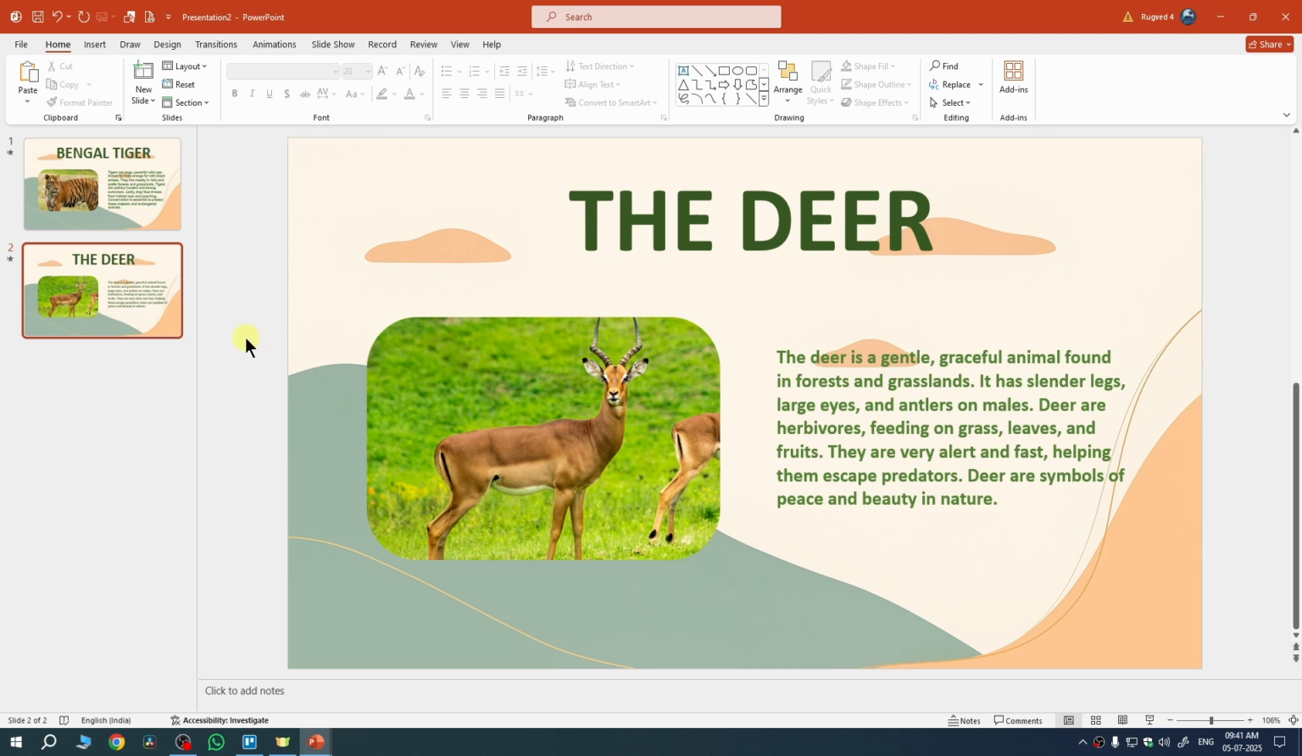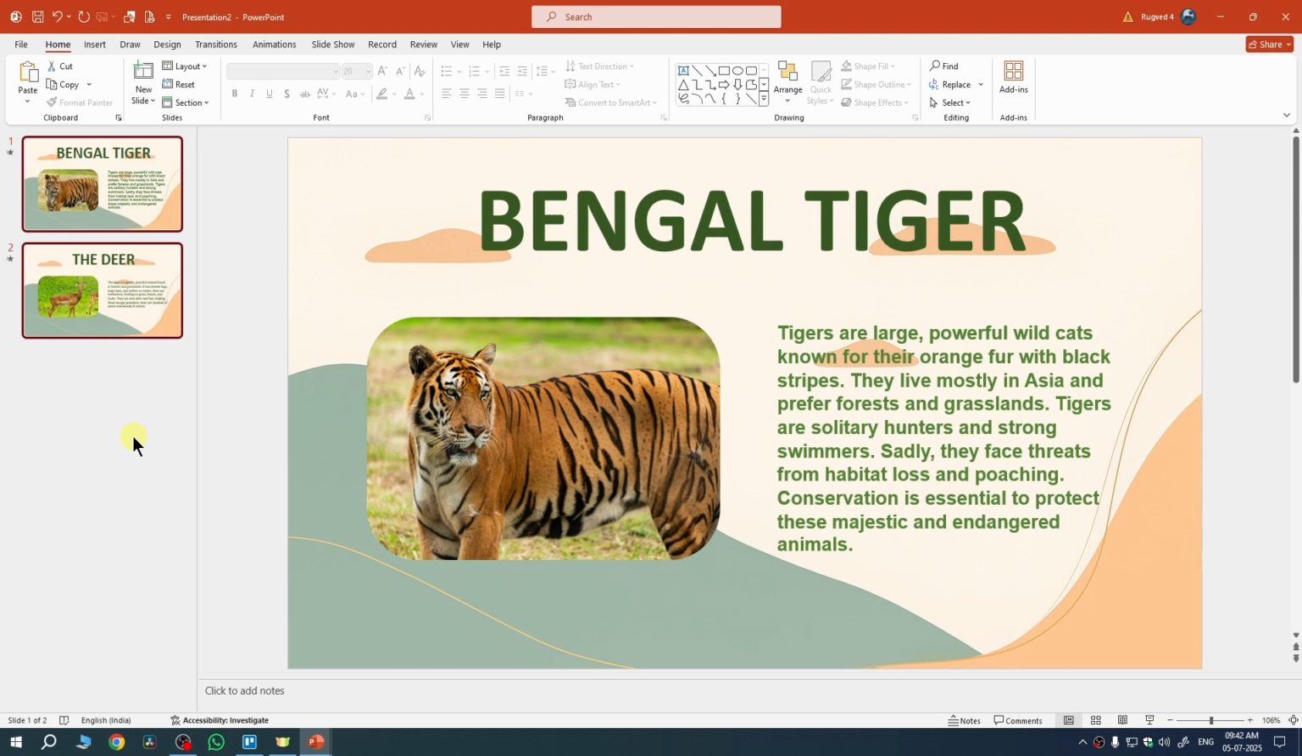It's time for adding transitions. For that we need to select the slide where we want to add transition. So I want to add transition for this deer slide. I have selected the slide. If you want to add transition for multiple slides, then for that hold the Ctrl key on your keyboard and select the slides where you want to add transitions, but I just want to add transition for this one,